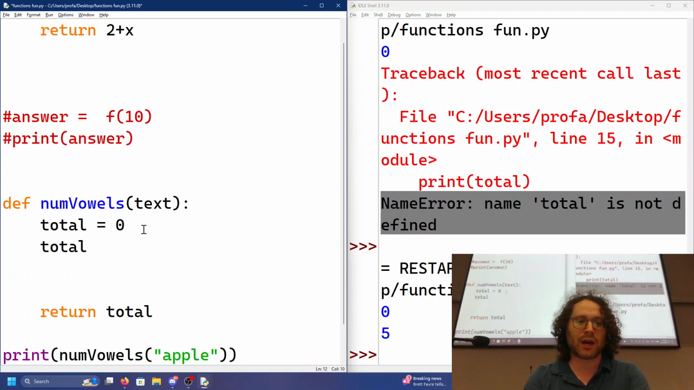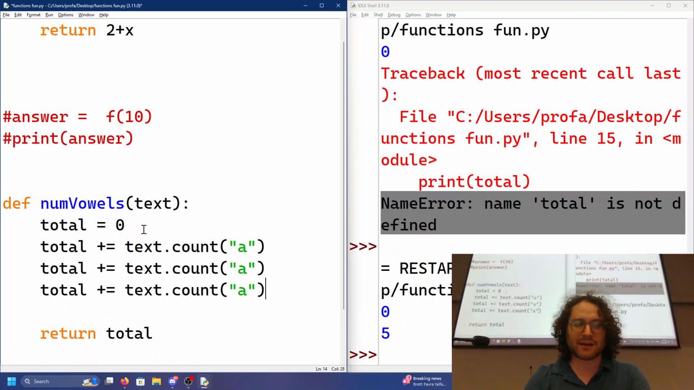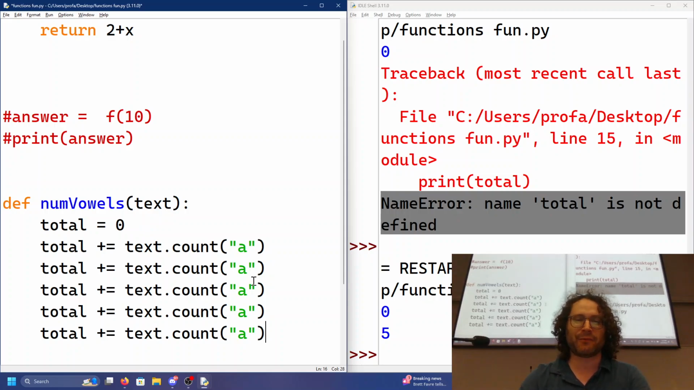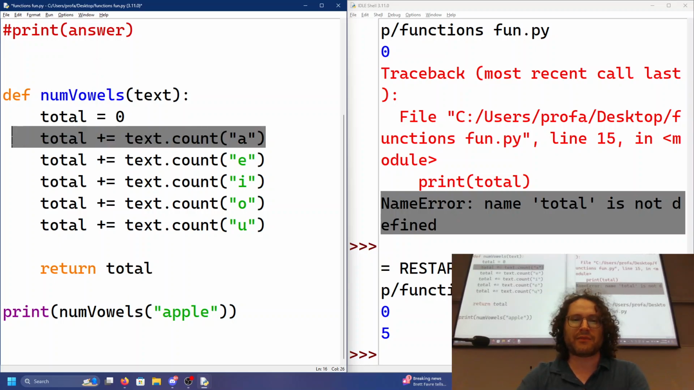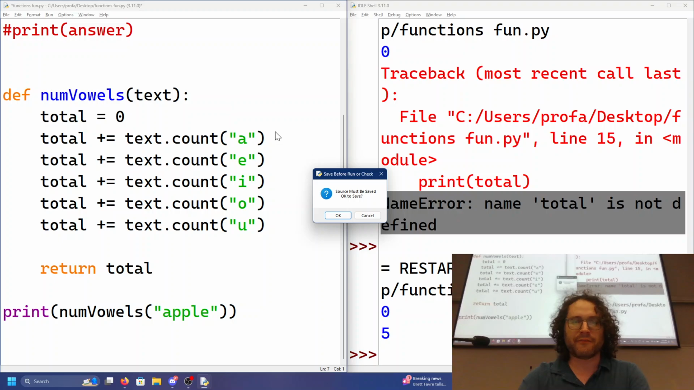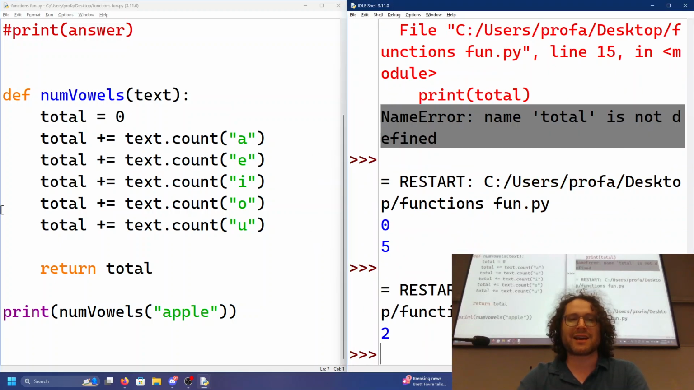Total plus equals text dot count A, and we'll go ahead and assume that this is all lowercase, right? And I'm just copying and pasting this 5 times. Why? Because there's 5 vowels, A, E, I, O, U. So this says count the number of times A appears, count the number of times E appears, I, O, and U, right? And we can run this, and if you wrote this on an exam, by the way,